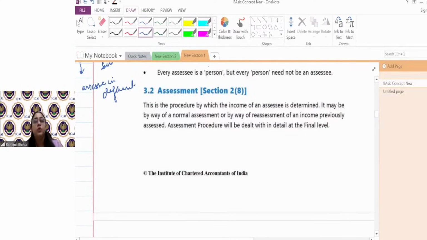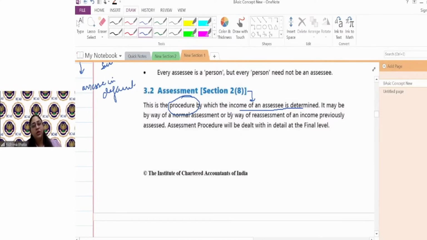डिटर्मिनेशन ऑफ सम टोटल, राइट? ऐसे ही इनकम टैक्स पे असेसमेंट मतलब डिटर्मिनेशन ऑफ इनकम, determination of income. So this is the procedure by which the income is determined. Assessment is a procedure. Procedure कौन करेगा? या तो हम करेंगे या डिपार्टमेंट करेगा। डिपार्टमेंट मतलब इनकम टैक्स अथॉरिटीज करेंगी, ठीक है।